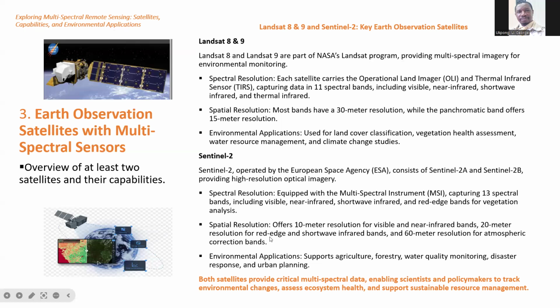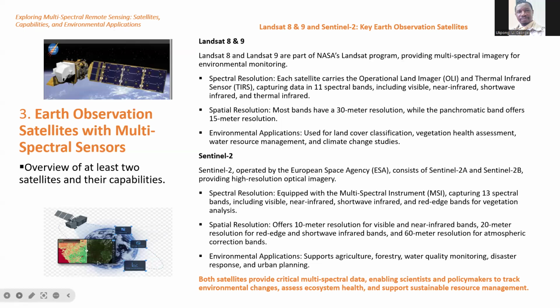In terms of environmental application, it supports agriculture, forestry, water quality monitoring, disaster response, and urban planning. Both satellites provide critical multispectral data, enabling scientists and policymakers to track environmental changes, assess ecosystem health, and support sustainable